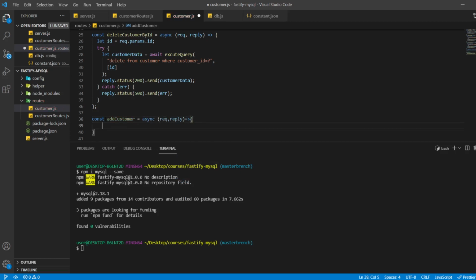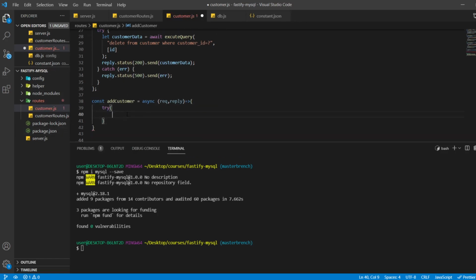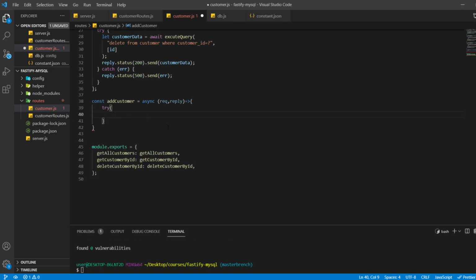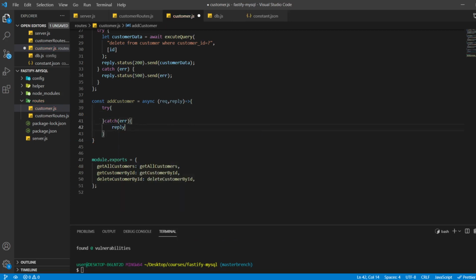I'll first use try and catch block here. Let me just make this screen bigger. Try and catch block, if error reply dot status dot 400 dot send error, and otherwise what we are going